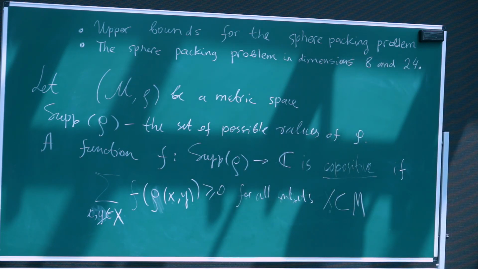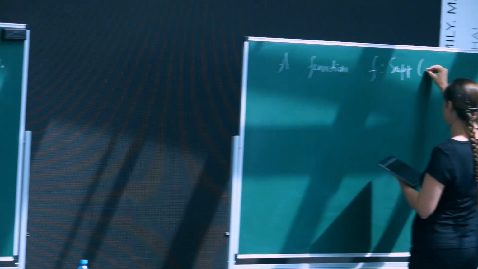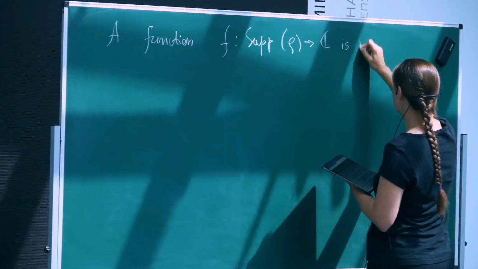On the other hand, there is another cone of functions which is a bigger one. However, normally it has a simpler description. And so we would say that a function f, again from the support to the complex numbers, is positive definite